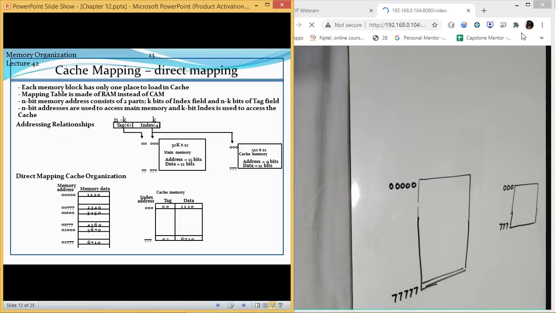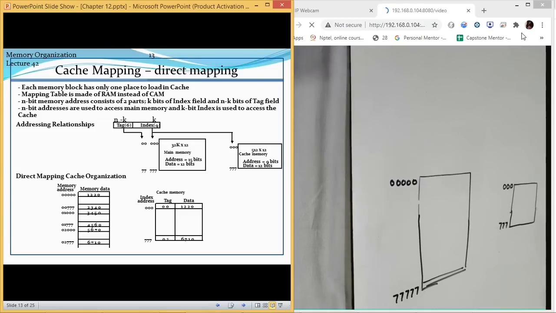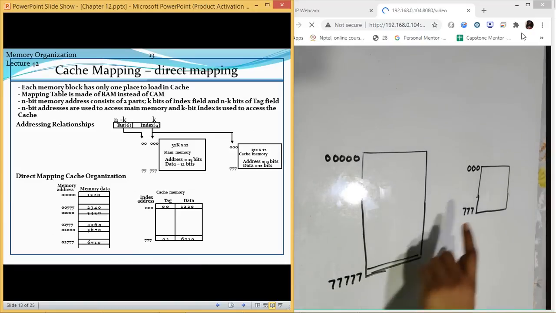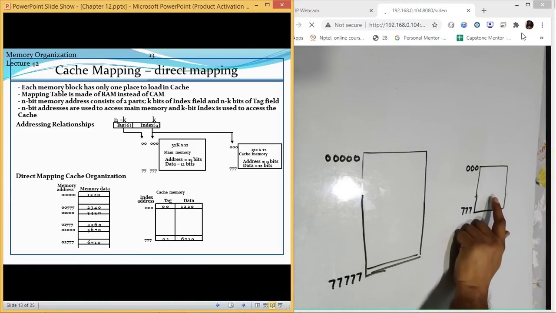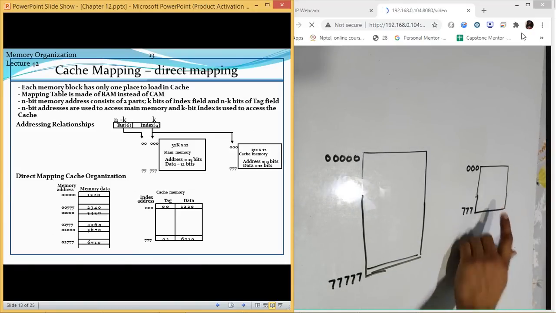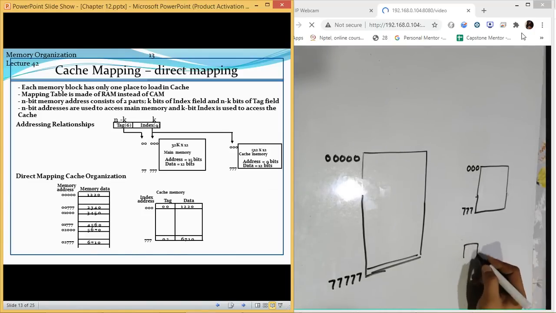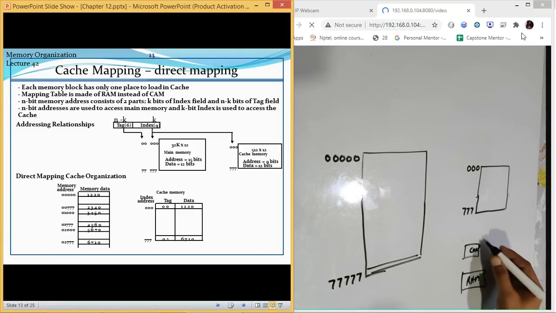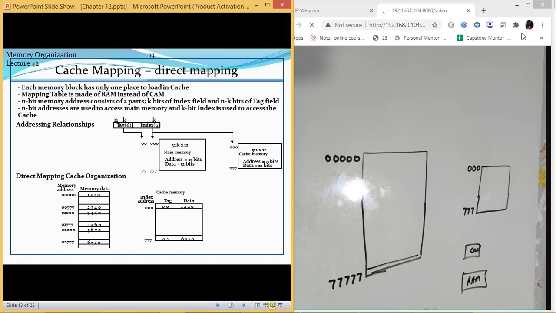Now we are going to create a method which will help you to store the content inside our cache and also to find it. Once you are shifting the content from RAM to cache or from cache to RAM, you need to have a table showing which address or which data we are storing at what location. So that is something which we require.